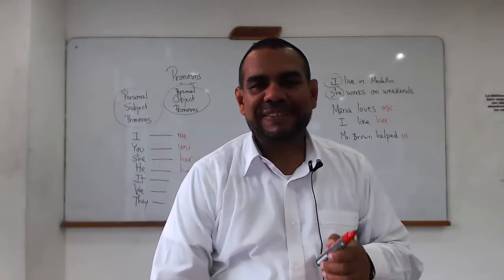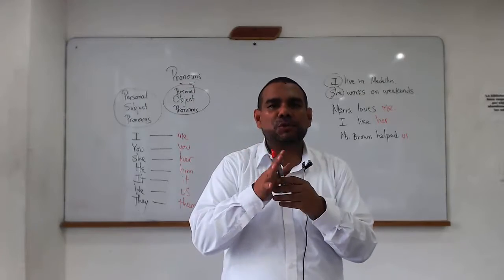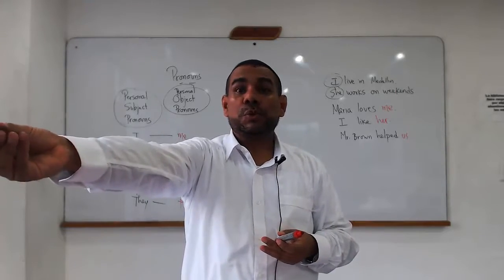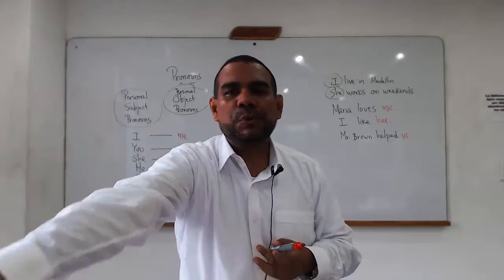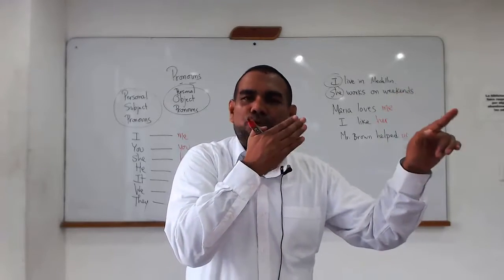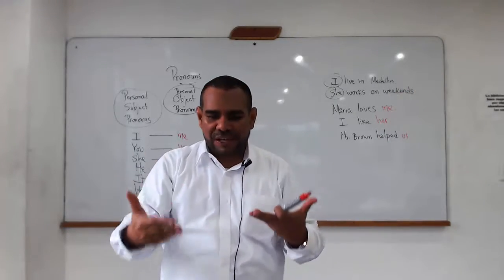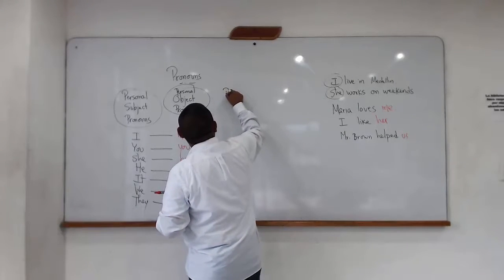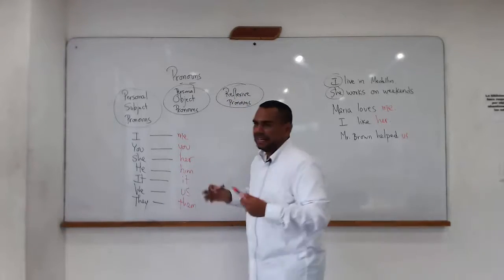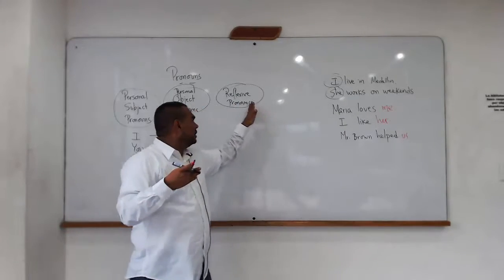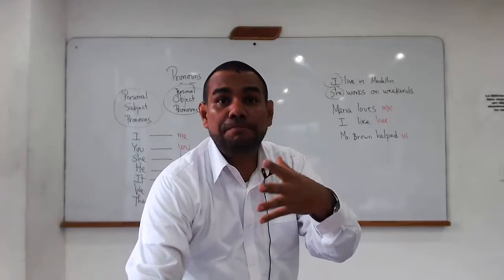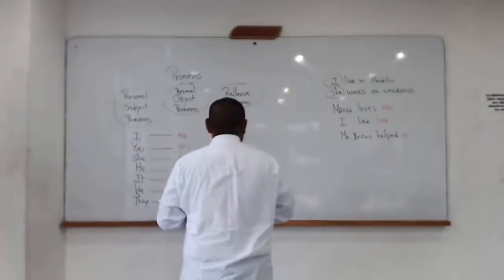We also need to take into account that in terms of doing an action that falls on a person, we have a special circumstance in which we do and we receive. The fact that I do and I receive. The fact that you do and you receive. The fact that she does and she receives. So those are reflexive pronouns. They accomplish the same function that object pronouns accomplish, but with the difference that they have to be used when the person does and the same person receives the action. They are